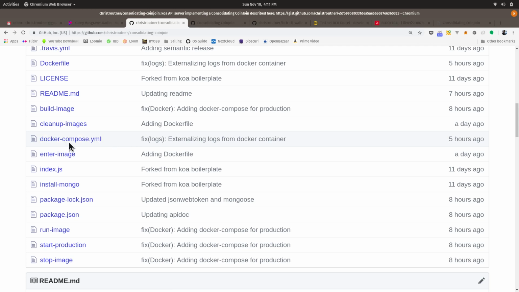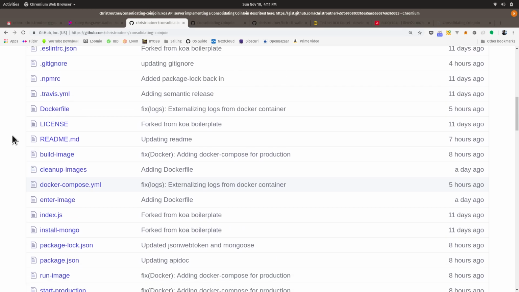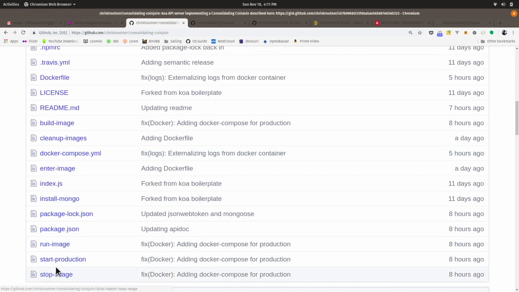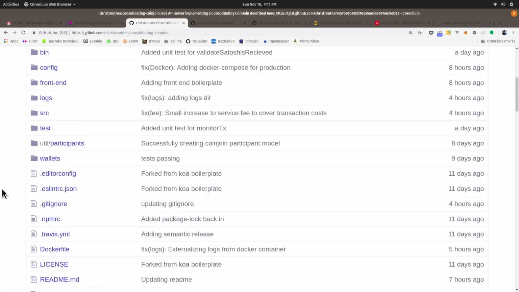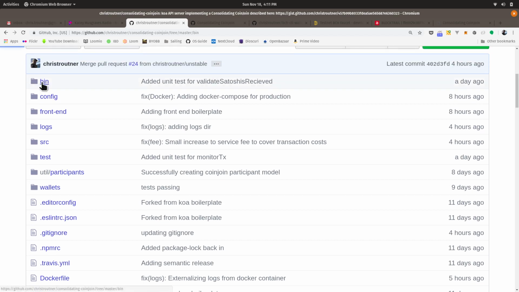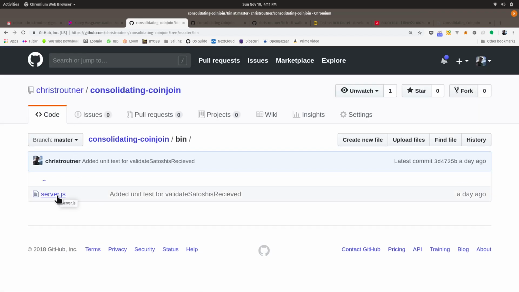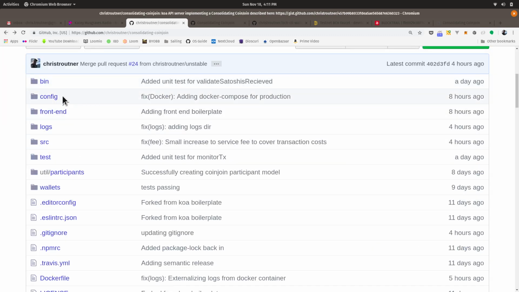It's a YAML file, and that's what starts up the Docker container and the Mongo container. There's a series of bash shell scripts like run image and build image. Those are handy and worth looking at. The actual server is in the bin folder, in server.js. This is what starts when you run npm start or start the Docker container. That's what kicks off the whole thing.